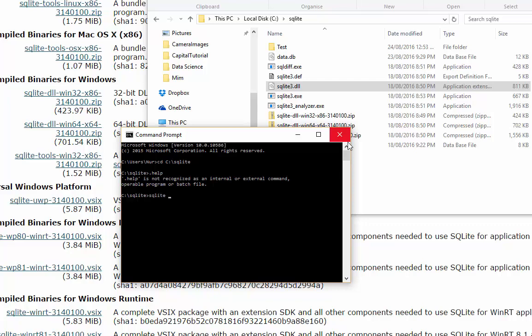I have some database in this folder, .db, so sqlite3 .db. Now if you click help,